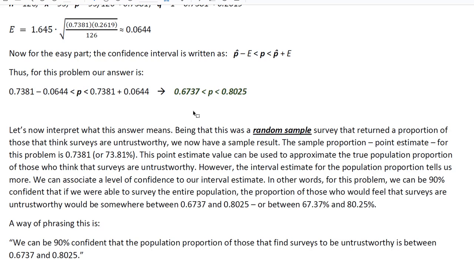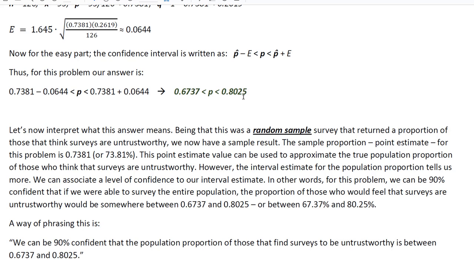And that range of numbers, we can be confident that if I were to go out and survey the entire population under consideration, I can be, in this case, 90% confident that the true population proportion of those who find surveys to be untrustworthy would be somewhere between